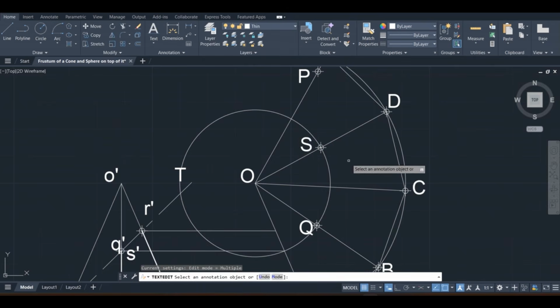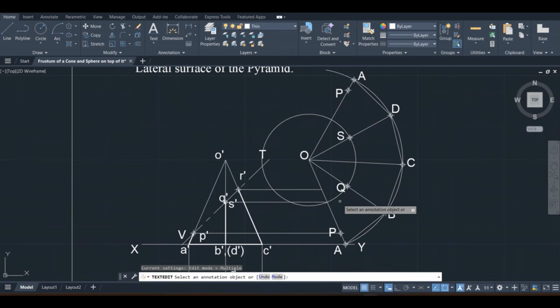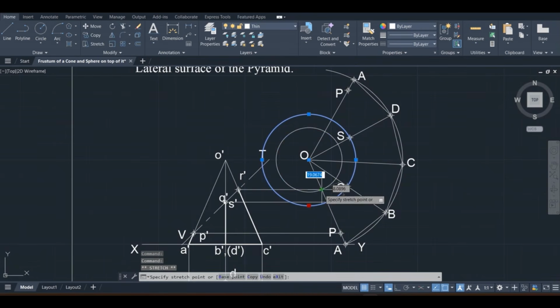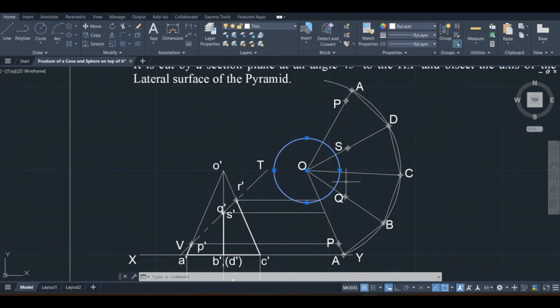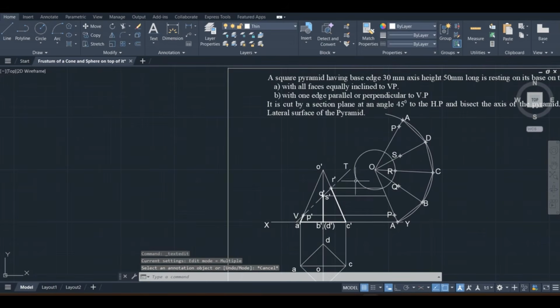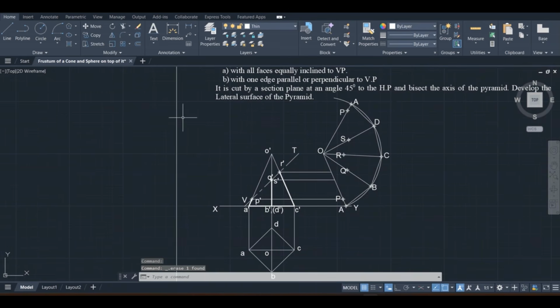Copy. Now change the radius of the circle, this point to this point. So this point is indicating the R. So point R is on CO slant edge. So here mark at this intersection point on CO. Select the circle, delete.